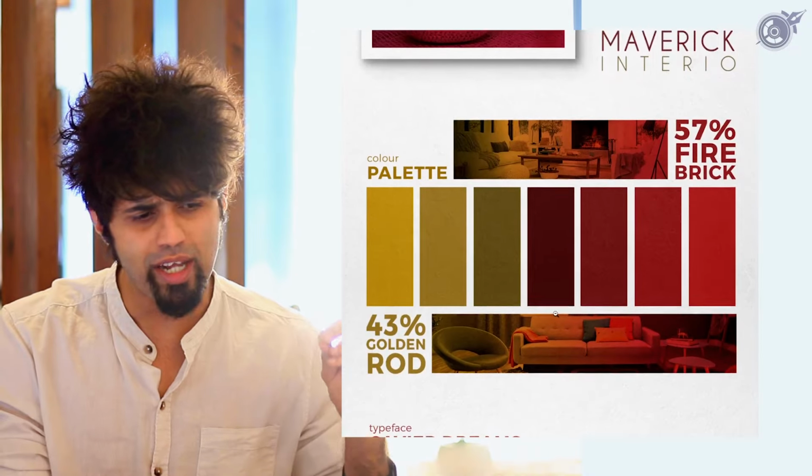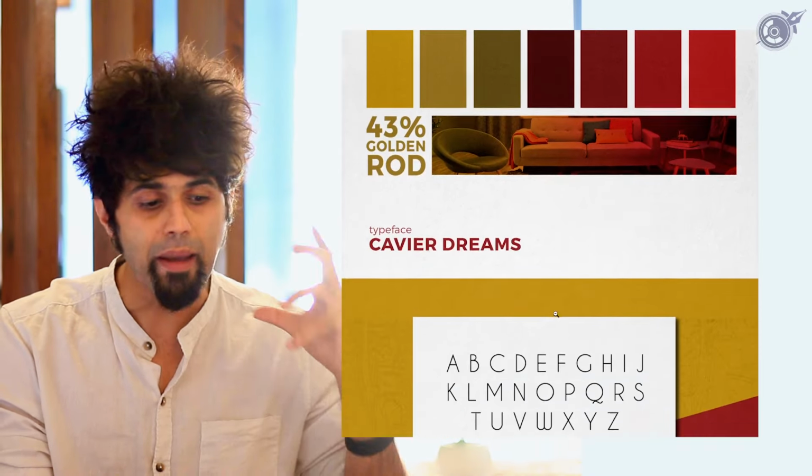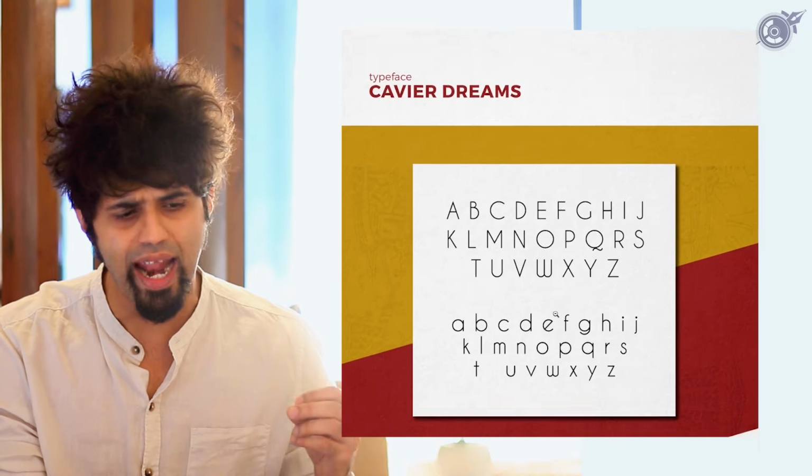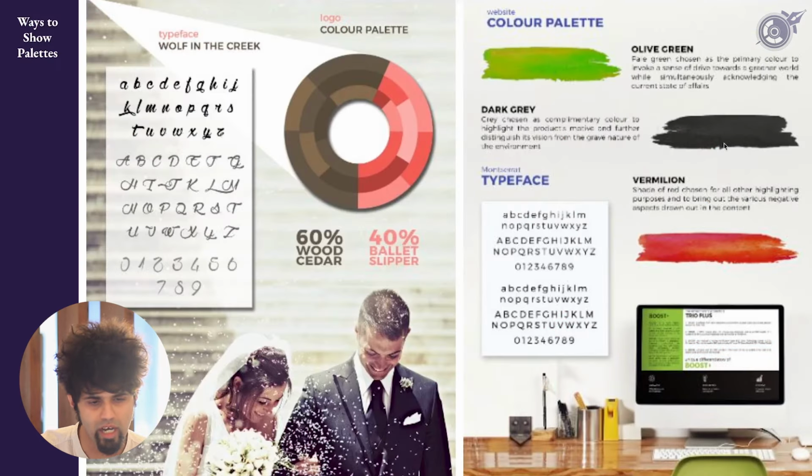Then a little bit information on how exactly you went about picking the color palette, the kind of typeface, and all of those different attributes that put the logo together. And there would be a bunch of different ways by which you could present this honestly. So this is from a couple other projects, one a website design, and don't ask me why exactly we went with a very pastel look and feel for something so digital, but gives you the idea irrespective of how you could go about presenting a color palette.